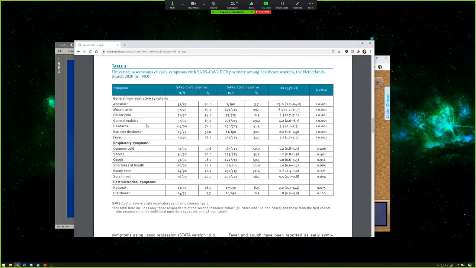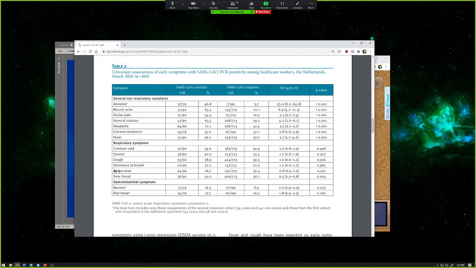You want to know the ones that are really specific to something like COVID-19 versus things that are not really all that associated with it, right? So this is why odds ratios are really important. This helps us out with the predictive ability for these tests to help us determine who has the disease and who doesn't, right? So as an example, let's look at something that wasn't really very specific to having COVID-19, right?